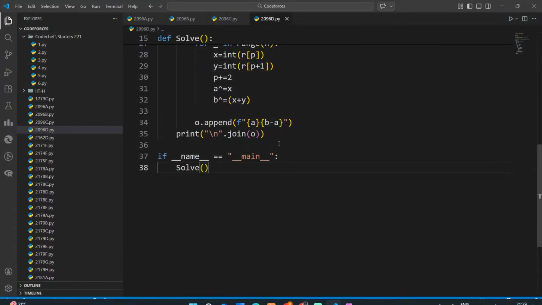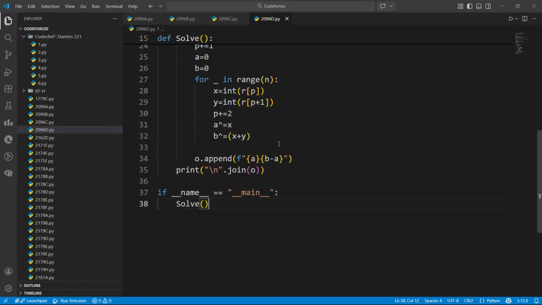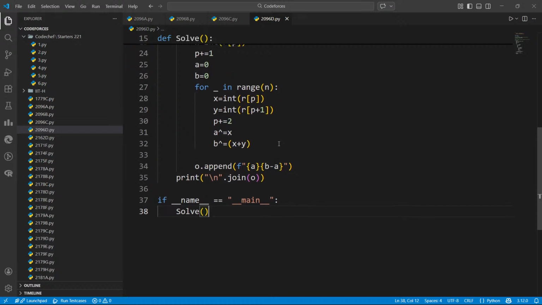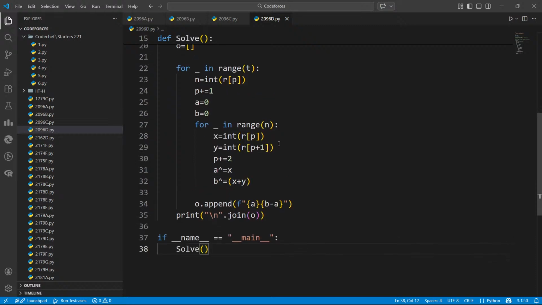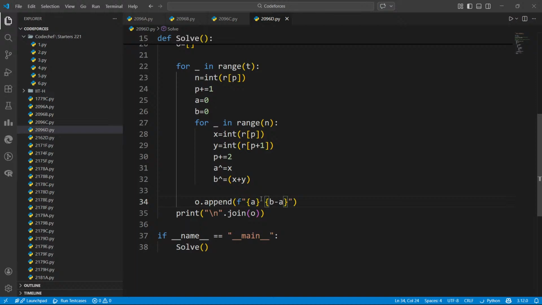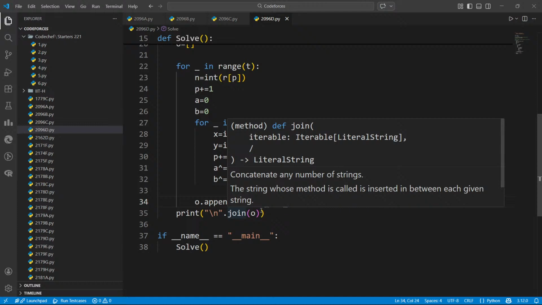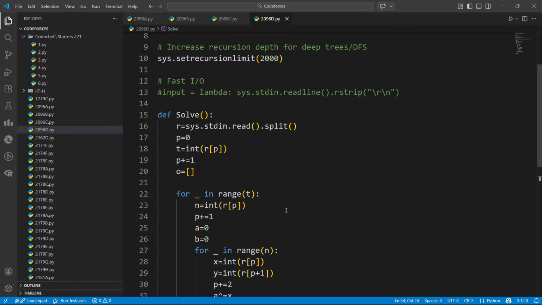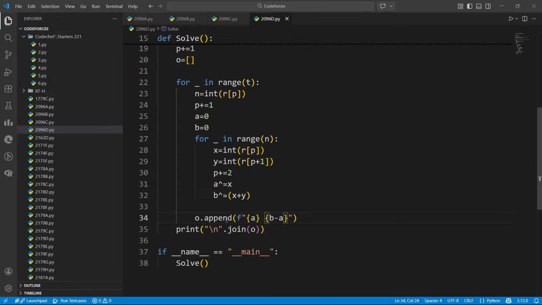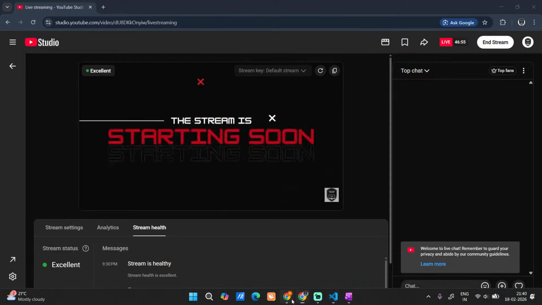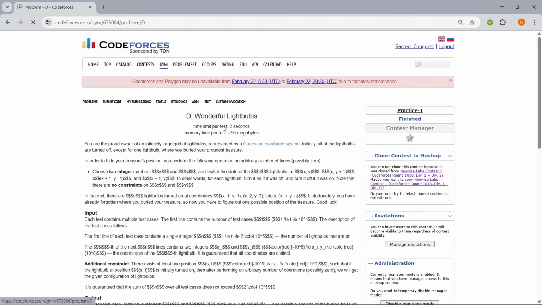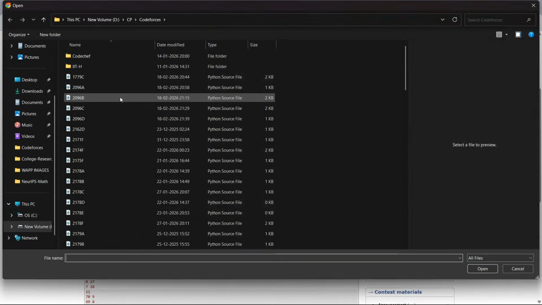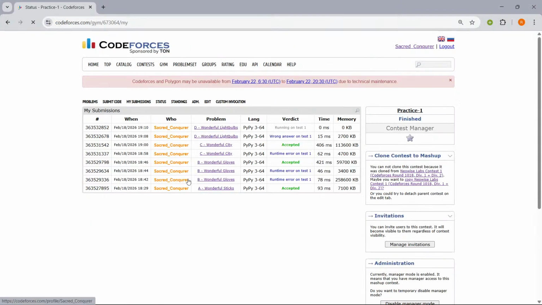Okay guys, I have just made a small mistake. The issue was with spacing. It should get accepted. Yep, it is accepted.